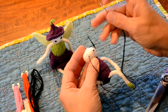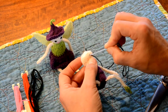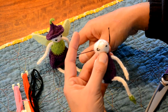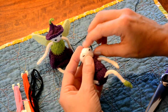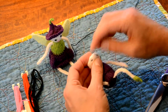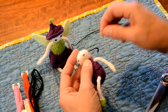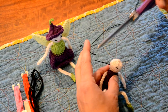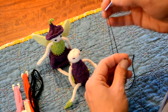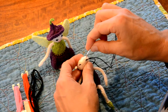Okay, so there's one little eye. And then I'll go in. I can even count here. I did like 1.5 stitches. I'll do 1.5 stitches. I can pull it out on this end. Okay. Now they look more even. Okay. And now I would trim this. I always kind of wait to trim it too much, because if I don't like it, I can pull that right out. Now I'm going to come up in the center of that stitch and do a little